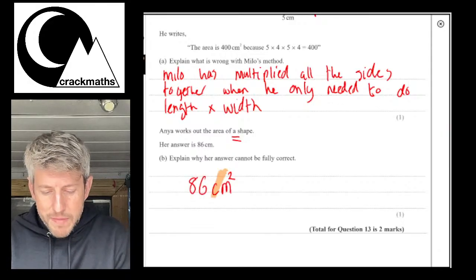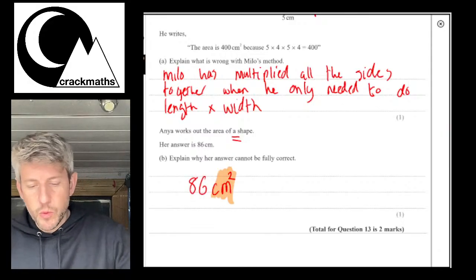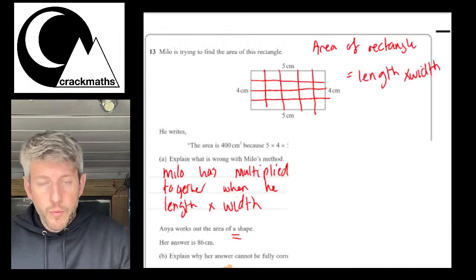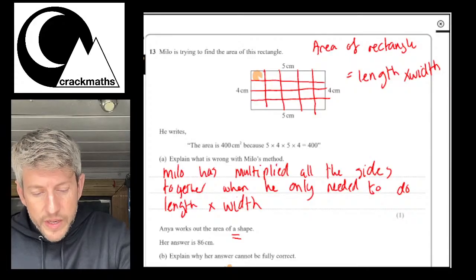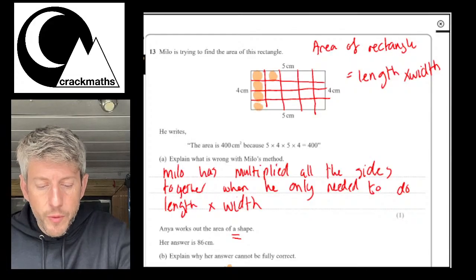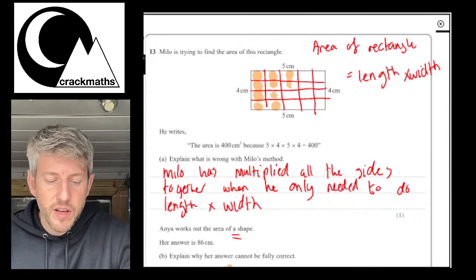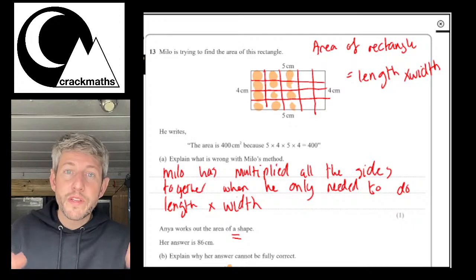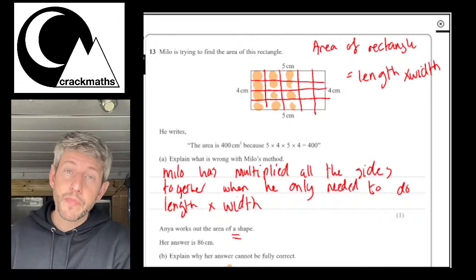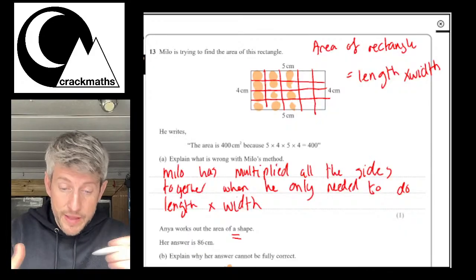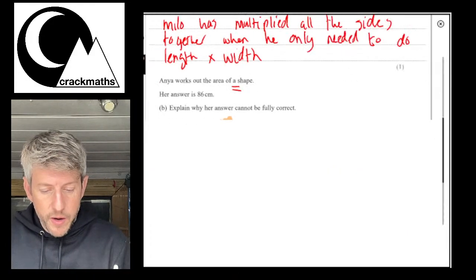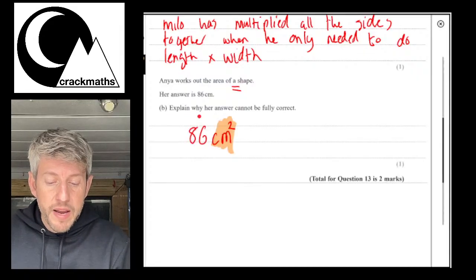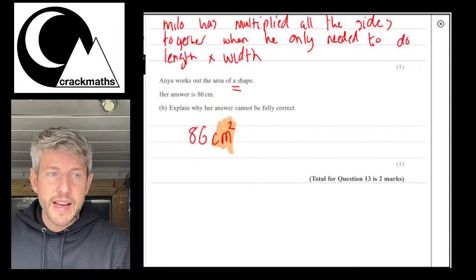Because we always measure areas in squares, because area is quantifying how big a space is. So we need a 2D shape that we can count to tell us the size of the area. Okay, so we do measure area in squares. So if its length is in centimetres, the area is centimetres squared. So explain why her answer is not fully correct, because it needs to be 86 centimetres